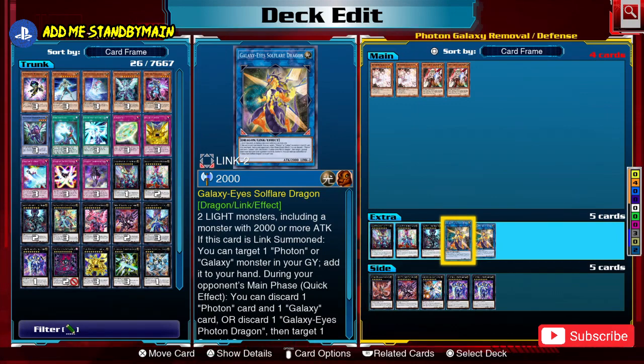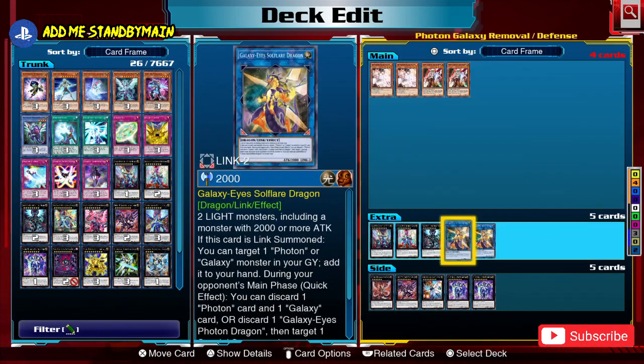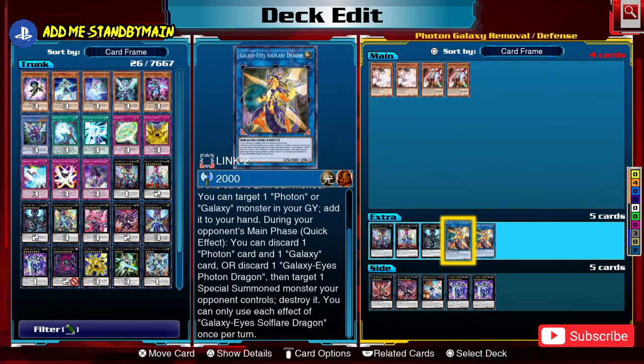when this card is link summoned, you can add a Photon or Galaxy monster from your graveyard to your hand. Ideally you want to get Photon Dragon to your hand so you don't have to discard 2 cards, you can just discard 1 card. So that's the ideal line of play there. And yeah, so this gives you a form of disruption during your opponent's turn to destroy a special summon monster